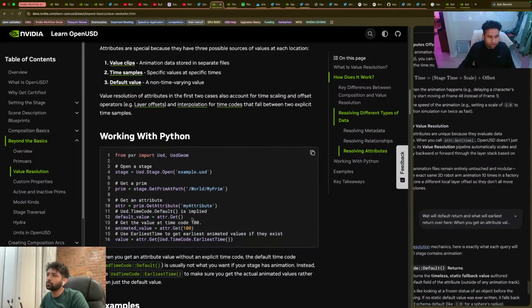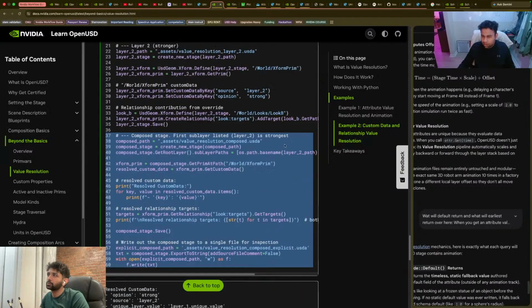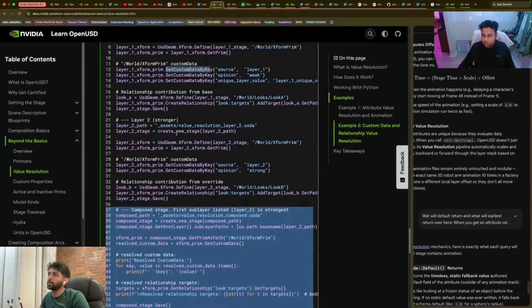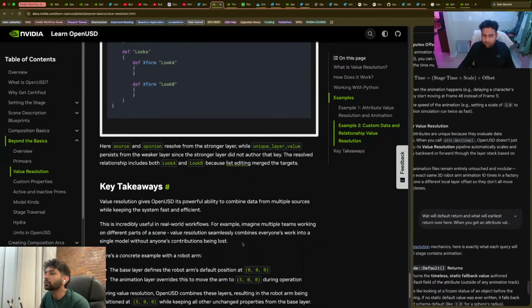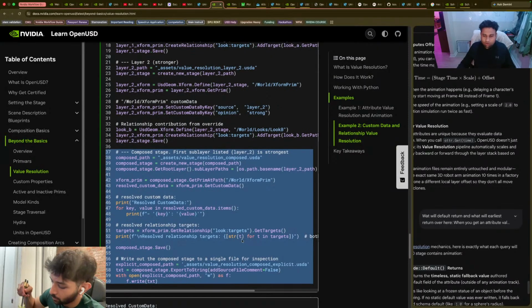Okay, so we learned a lot about relationships and then custom data keys, and how to load them and set custom data by key, using dot set custom data by key, and adding metadata. I'm just recapping what we did in the code. Based on the code, what we learned today, specifically in example two, was